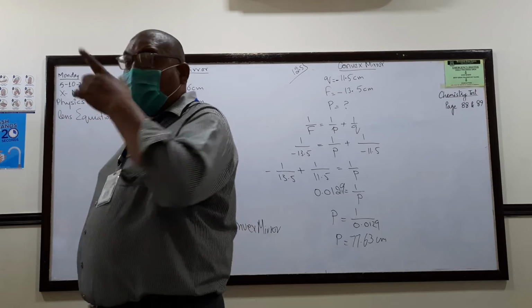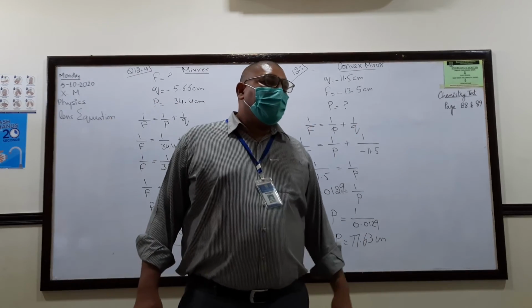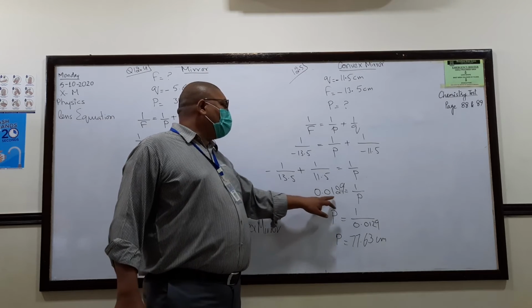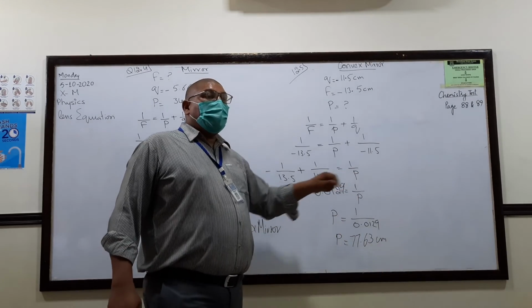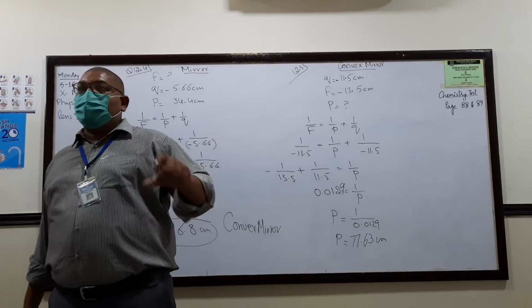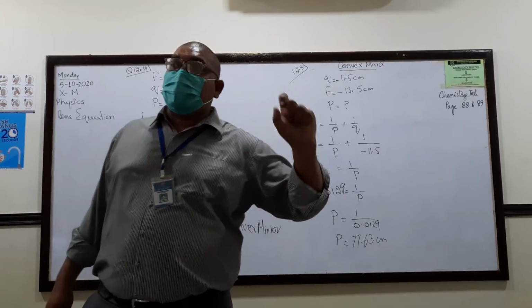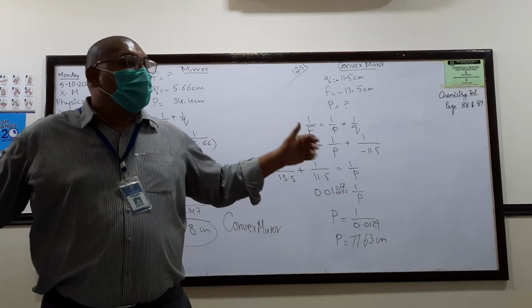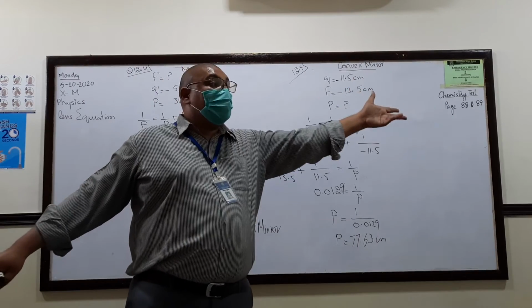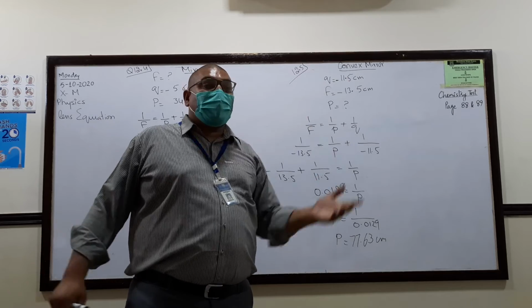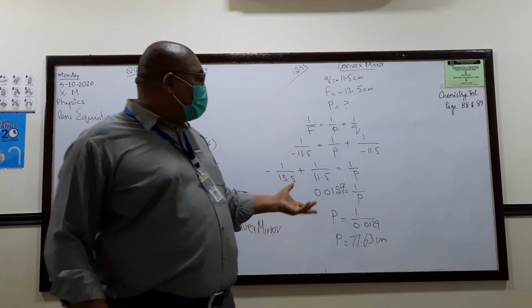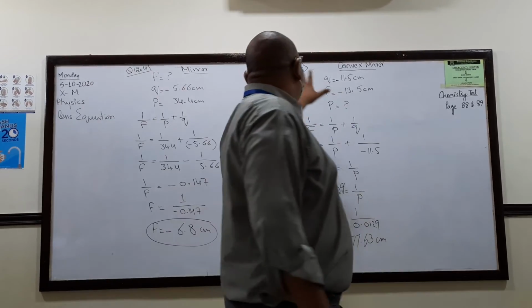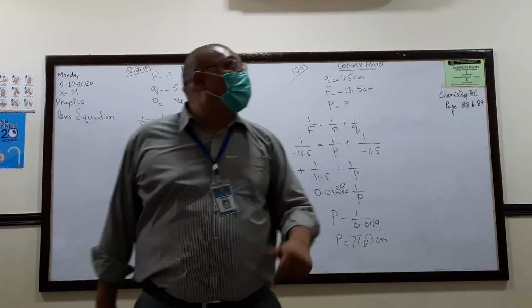Do you know what mistake she made during the calculation? It was 0.01288. She told us to write 0.012 only. After 2 was 8 and then again 8. When we have not rounded them properly, a little mistake will obviously occur. So that was 12.5. I hope that you have understood that.